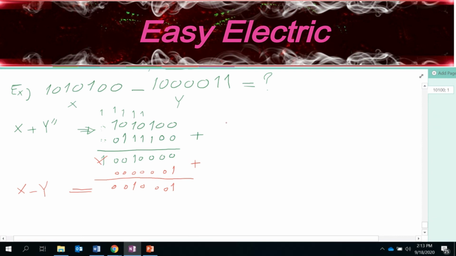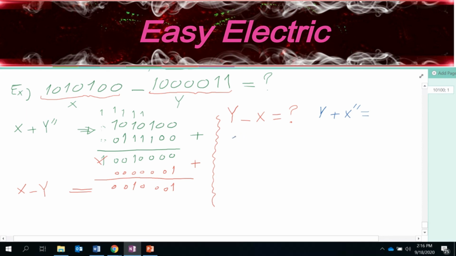So for practice, you do this. For this one, we calculated x minus y. Right now you calculate y minus x. Okay, so this is the question. This is the x, and this is y. As a practice, you calculate y minus x. I just need to say, okay, first I need to calculate y plus, this time, the first complement of the